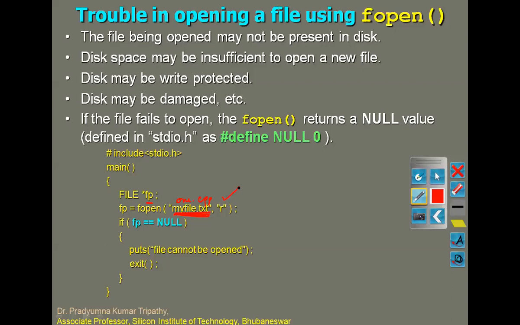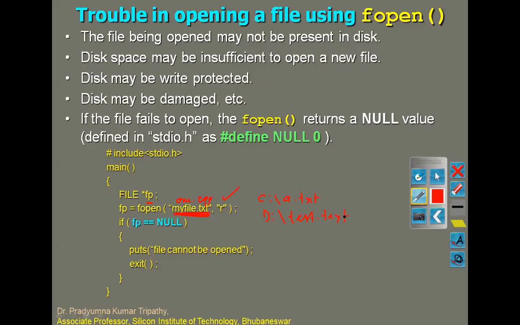If it is there in your C drive, you can write C:/ the file name a.txt, or if it is in the D drive or some other drive, you may write D:/test.txt. In this way you can give. If it is in the pen drive, you give that drive letter and the file, so that the file will be opened